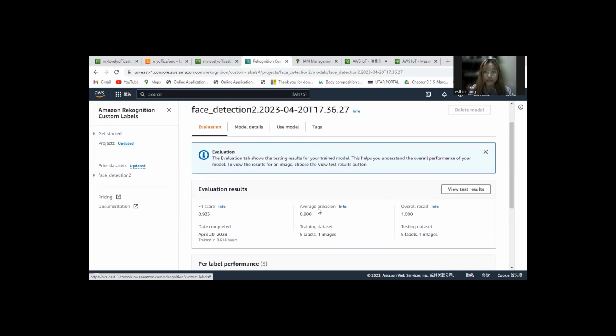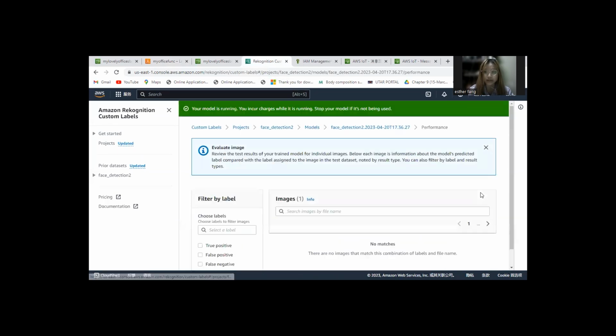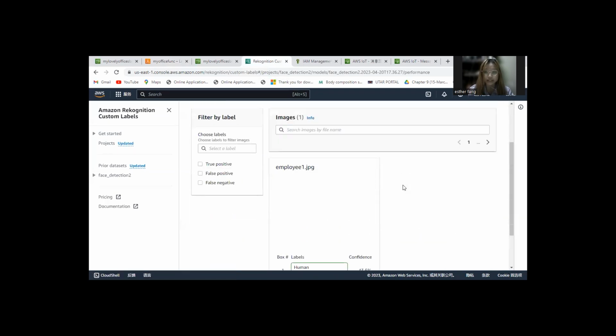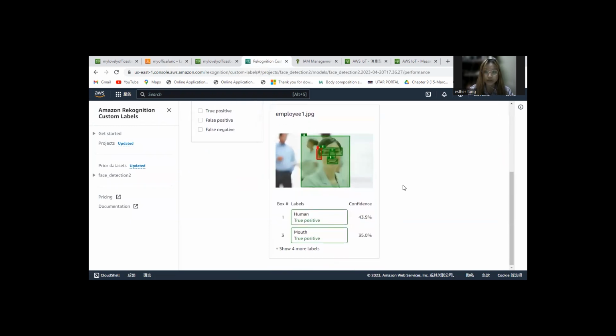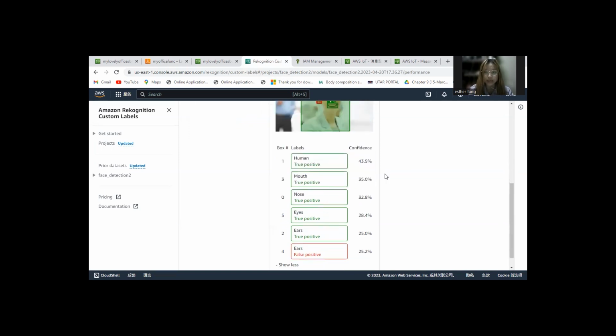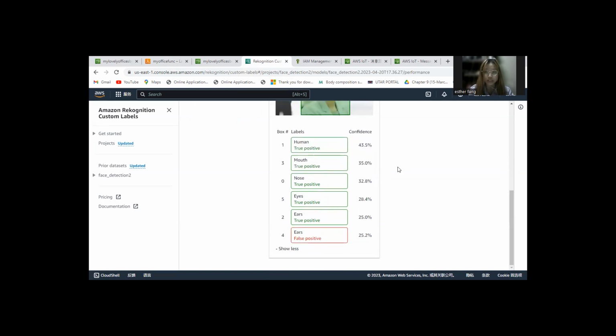In this page, we can click the view test result and it will show us the confidence level of all the labels that I have labeled, such as their eyes, nose, their mouth, and the ears. They are the sample of the confidence level that the image has shown us.